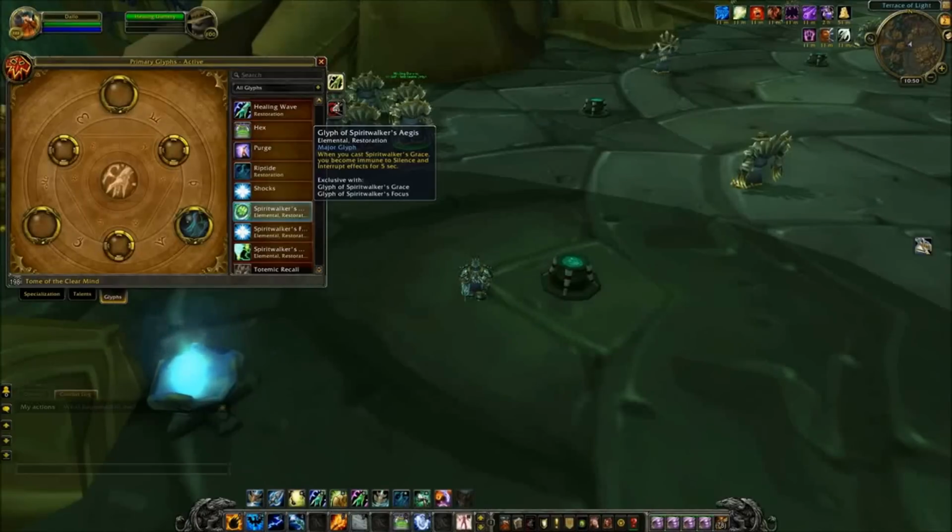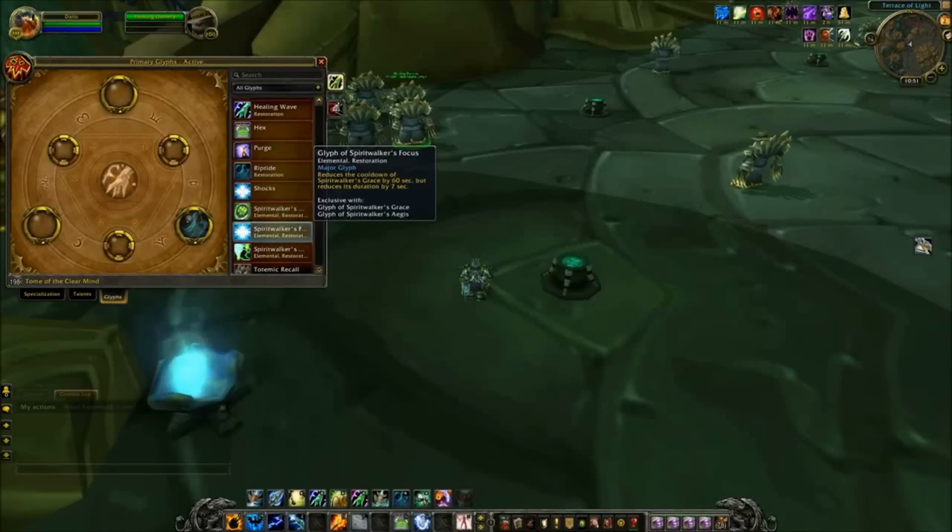That definitely is looking like the PvP choice for Spirit Walker's Grace. The second one is going to be Glyph of Spirit Walker's Focus, and it reduces the cooldown of Spirit Walker's Grace by 60 seconds, but reduces its duration by 7 seconds. I think this one's awesome. It sucks that it's exclusive with the others, because I always feel like Spirit Walker's Grace has always lasted too long, and I would love to have that minute off of the cooldown, but